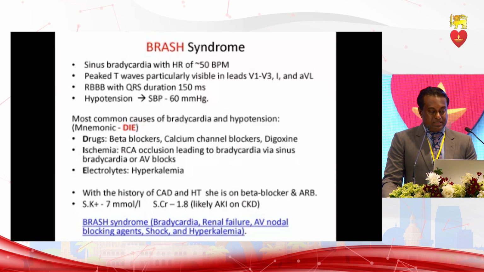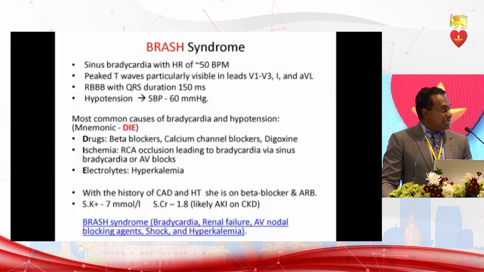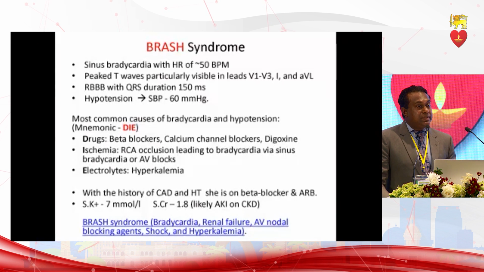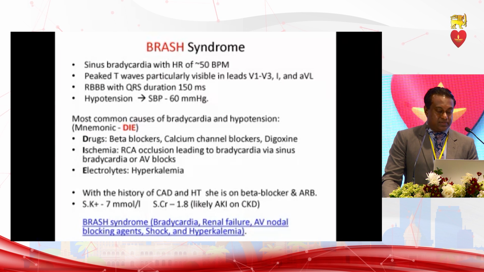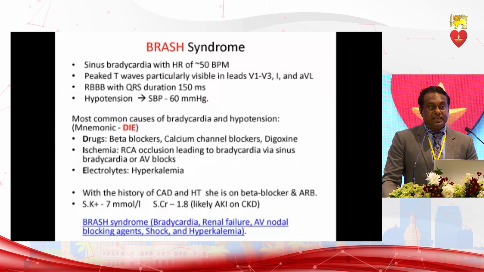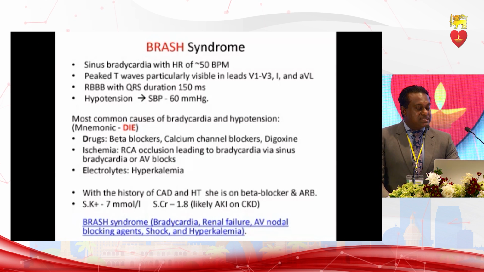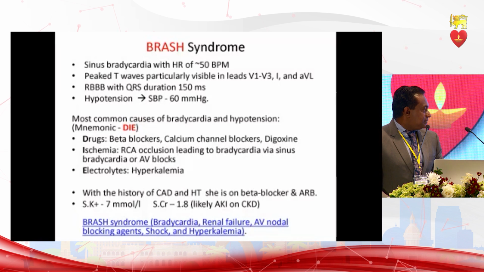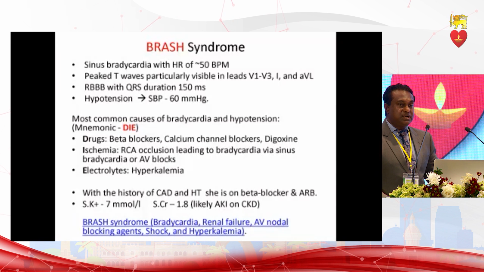E is electrolytes: hyperkalemia. The history of coronary artery disease, of course, and this patient being on beta blockers and ARBs. The patient's serum potassium came as 7, creatinine 1.8. It is not a previously known patient with CKD, but it is very likely an AKI on a background CKD. BRASH syndrome stands for bradycardia, renal failure, AV nodal blocking agents, shock,